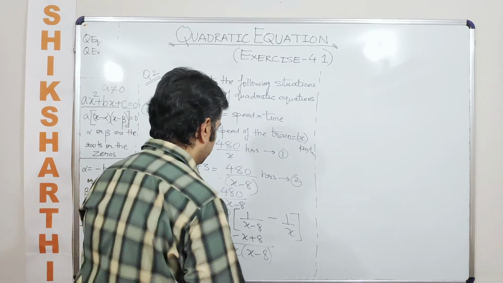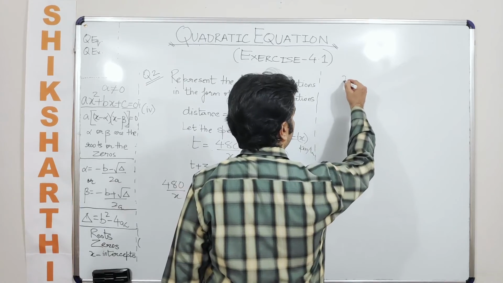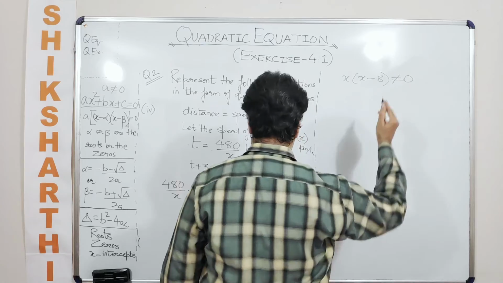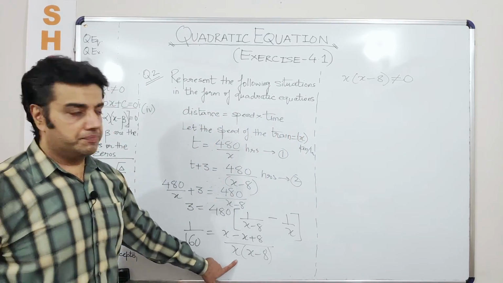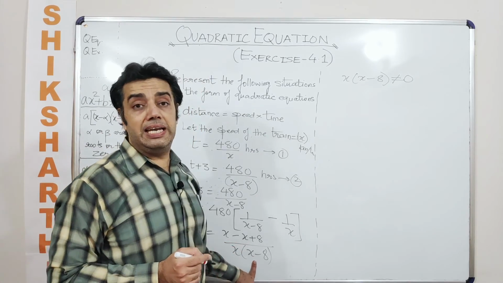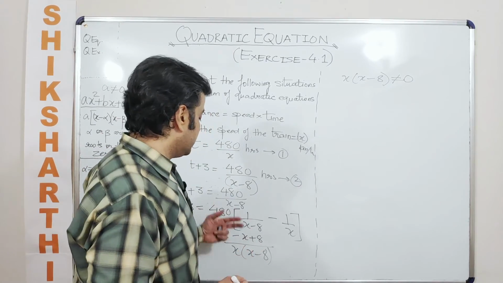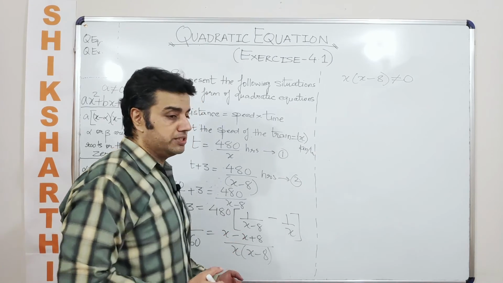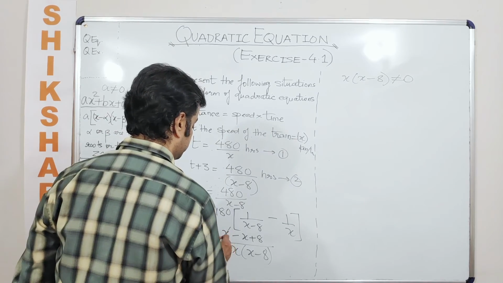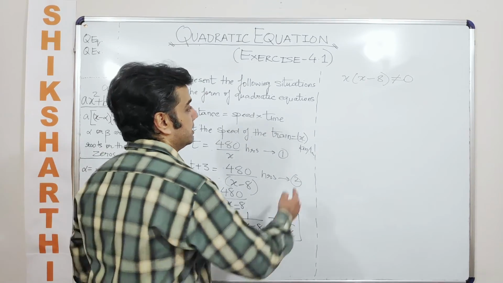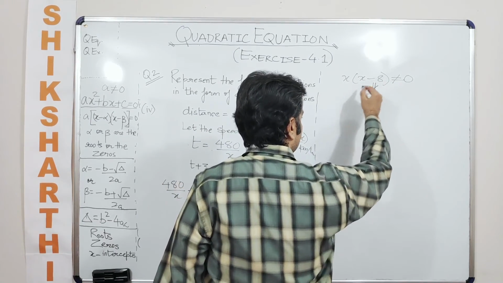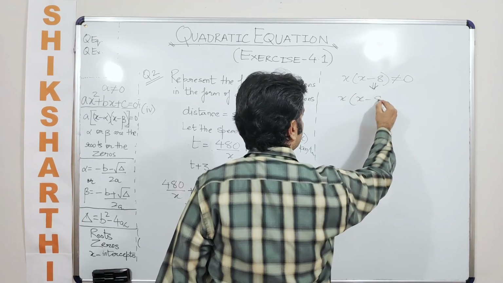This goes up and this goes up, but before I do this, I should say that x into x minus 8 should not be a 0 because this comes in the denominator. So that means I cannot take a value of x, because if I don't do this, then it violates the definition of a rational number. We know that a rational number is written in the form of p by q such that q should not be equal to 0 and both p and q are integers. So when we do this, we'll have to write that x into x minus 8 should not be equal to a 0.